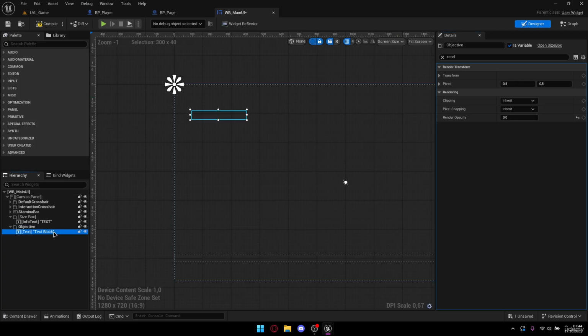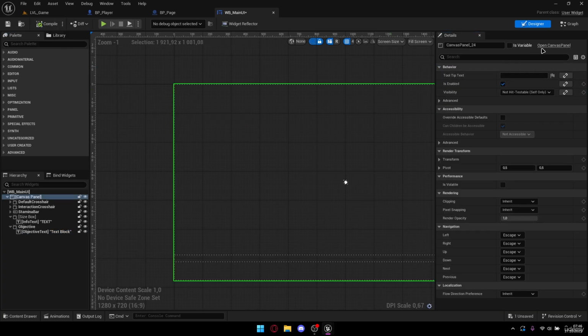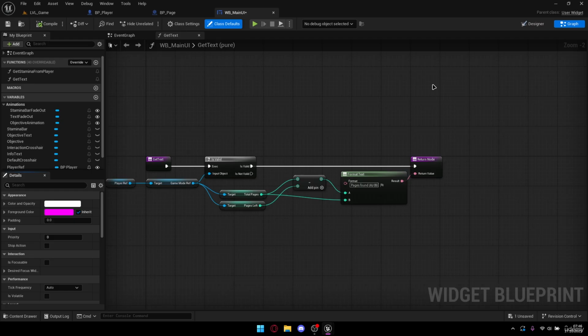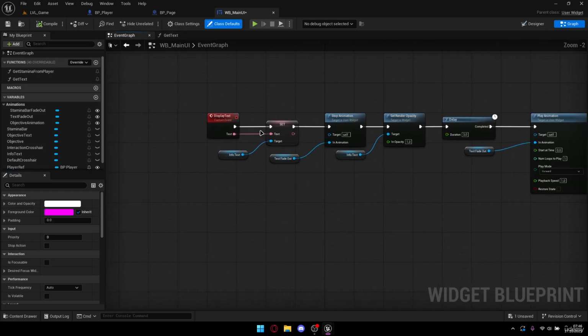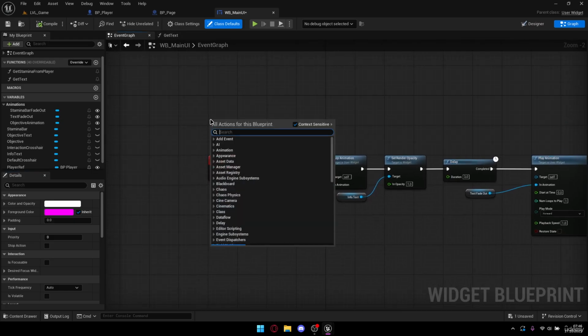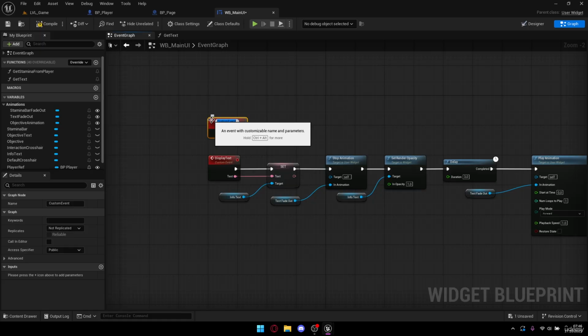And one last thing, this text should also be a variable. So let's click as variable and we can name this objective text. Okay, because later we will change that text, obviously. So now we can go back to graph and go to event graph, because here we can create new custom event, and this will be named set object,